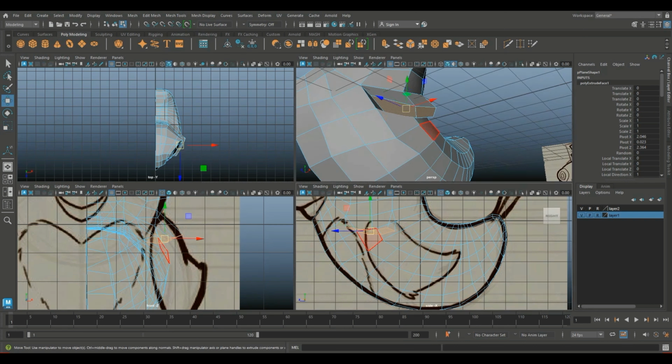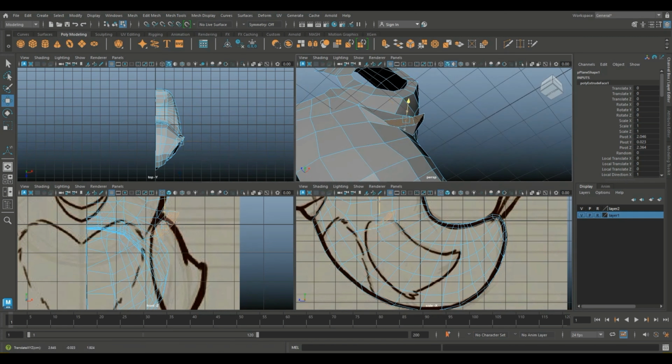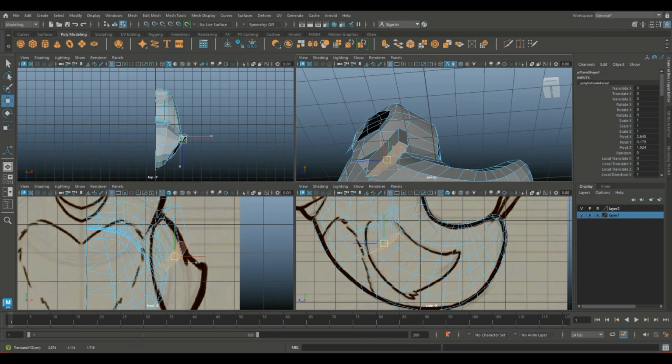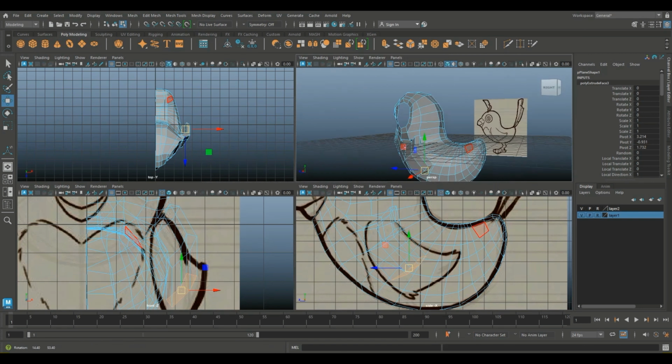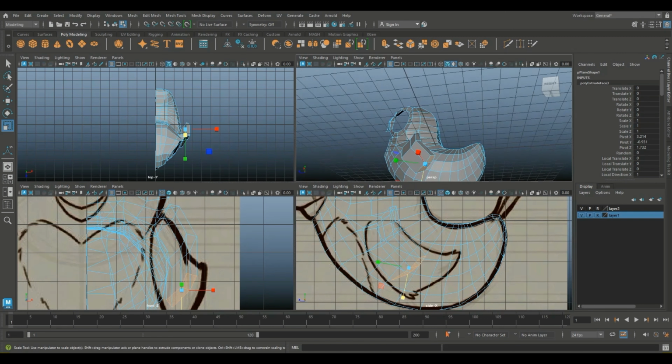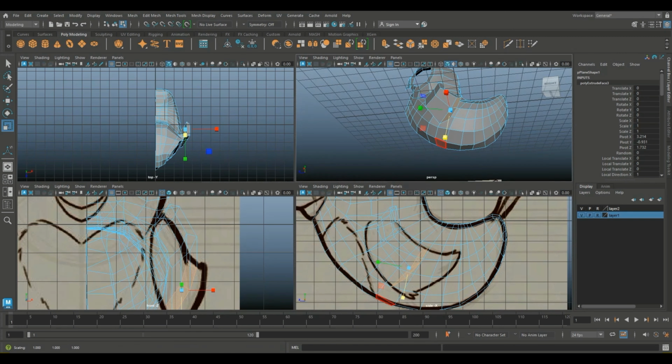We have to be careful that it does not go inside the mesh. And I'm in hard mode. I have pressed 1. I'm again extruding those faces. I'm trying to match my wings with the side view reference, not the front view totally. Again extruding them, rotating